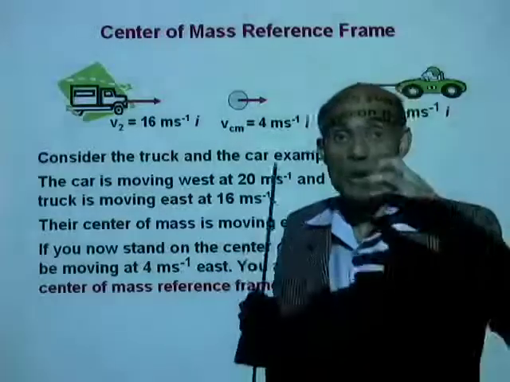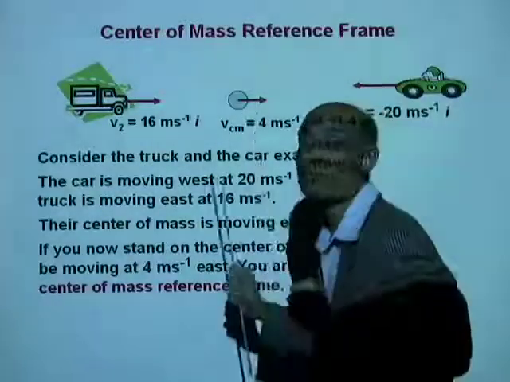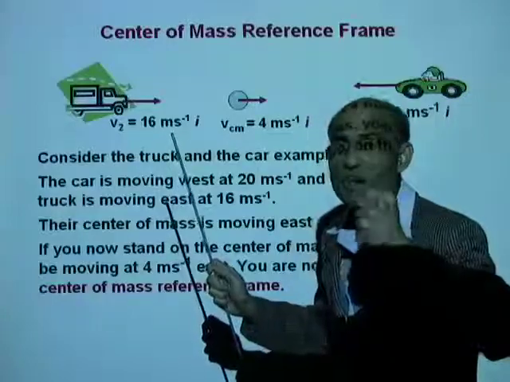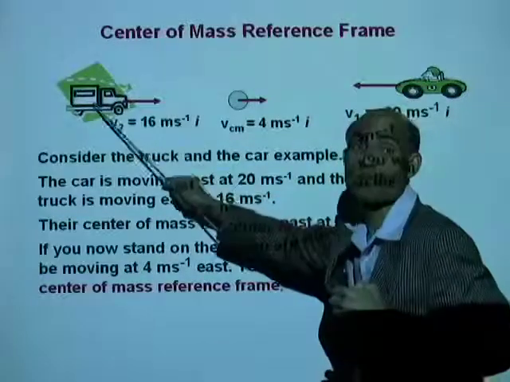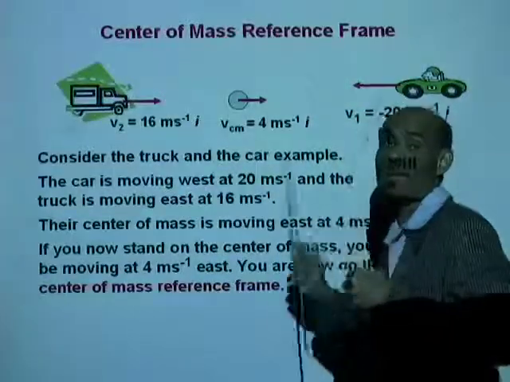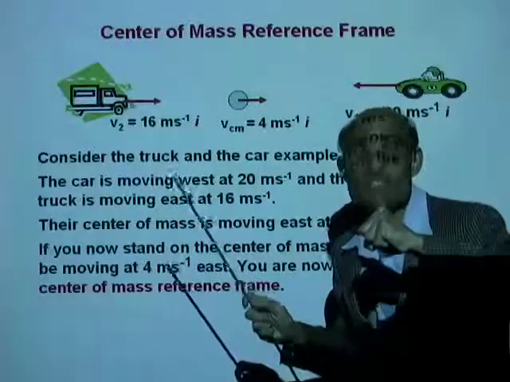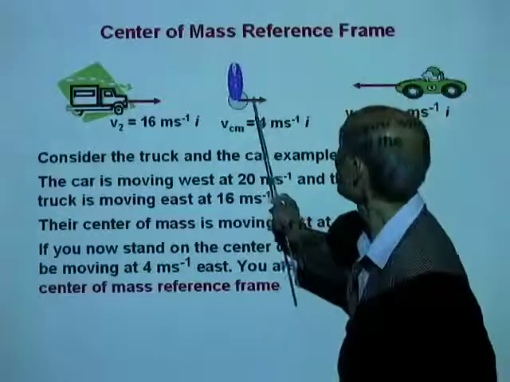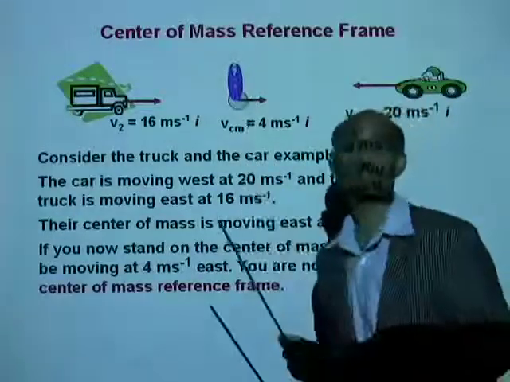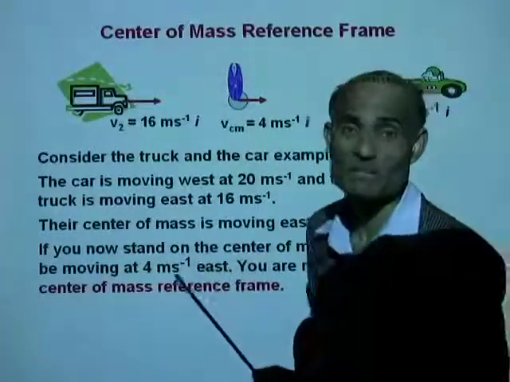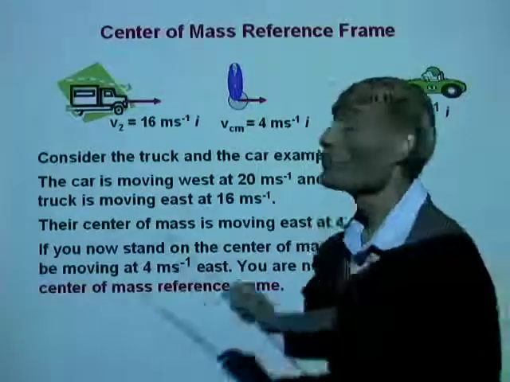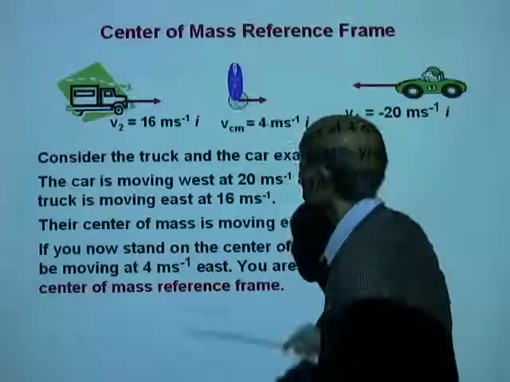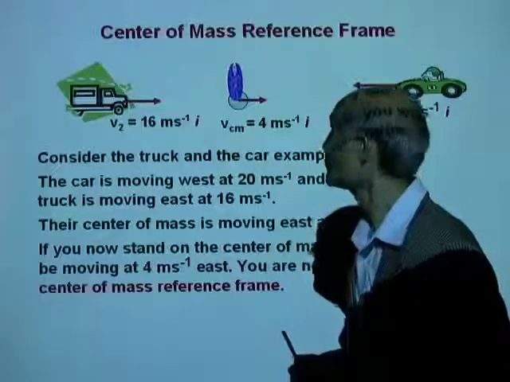Now, you are moving east at 4 meters per second, and you are going to measure the velocities of the truck and the car from the center of mass reference frame. Alright, here, this is the person standing there and taking the measurement. What do we do? We bring the center of mass